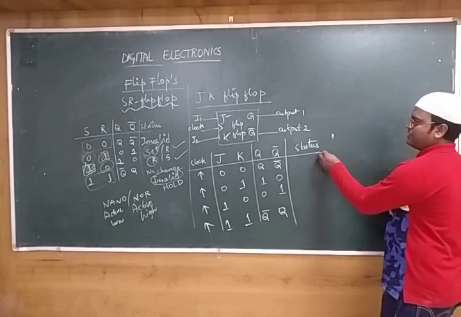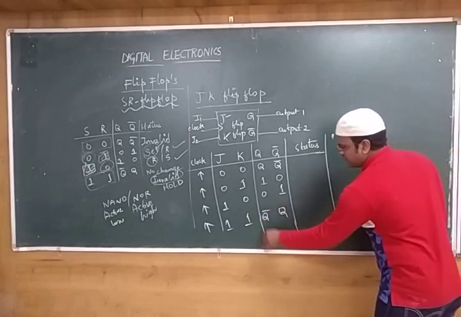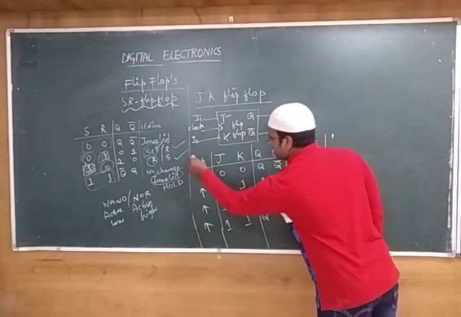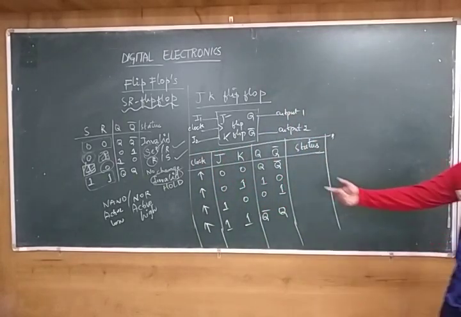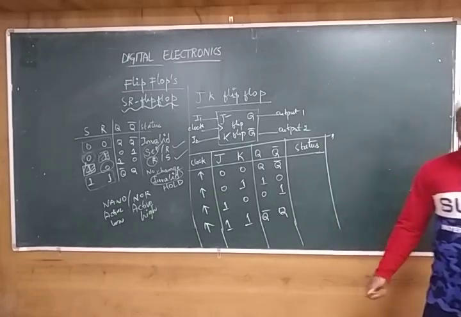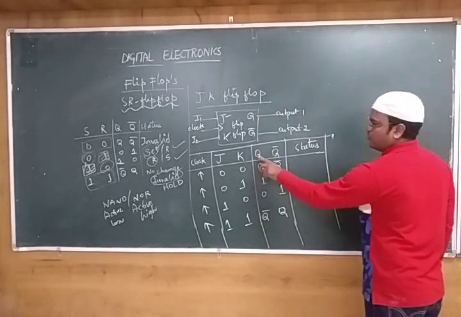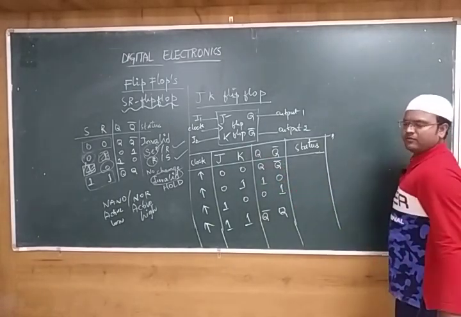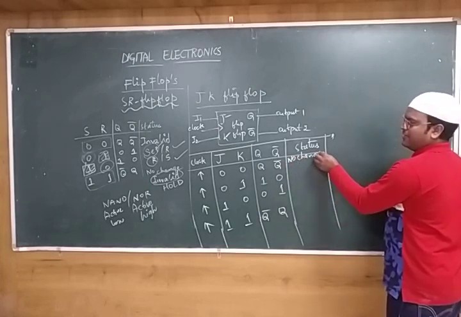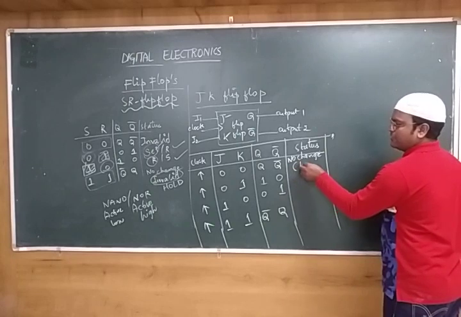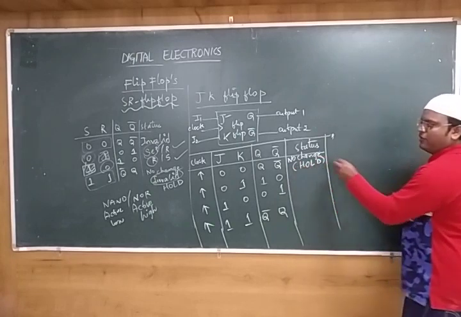So now we have to write the status. How do we write the status of this flip-flop? For writing the status, first, when Q and Q bar are given and both inputs are 0, 0, we have to write what the condition is. Since Q is Q only and Q bar is again Q bar, this is called no change. Whatever the outputs are, exactly that remains. No change is called the hold condition. There is no value that is going to change.